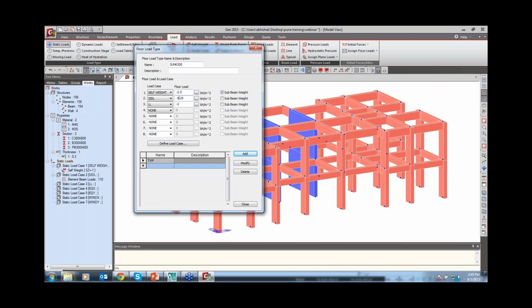No, no, it is considered the sub-beam weight. According to this, it is the use. Now, where I just say SIDL 5.25, live load is 3. Okay, now I just say the sunk 200, add. Now, same way, if I want to